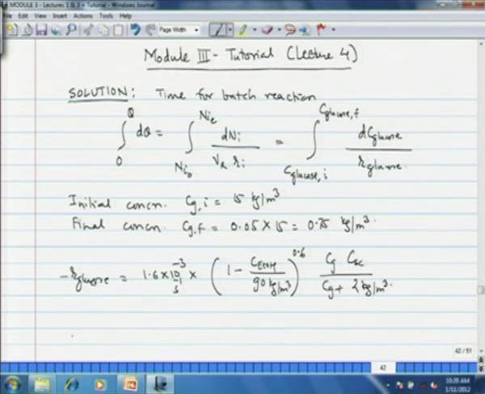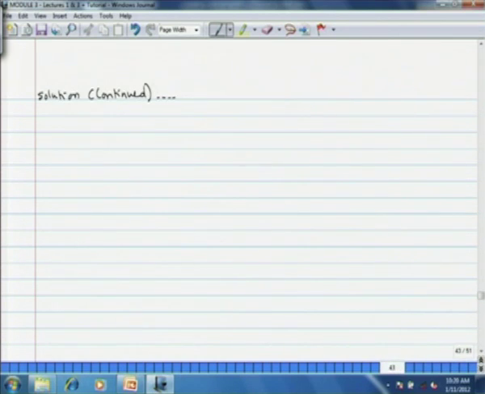Now we have to integrate this. We have to convert C ethanol and C Saccharomyces cerevisiae as a function of glucose concentration, and for this purpose we use the yield that has been given to us. The concentration of the cells reduces as ethanol forms, and the reduction is in terms of glucose. Initial concentration is 0.015 kg per meter cube minus the yield 0.06 Cg into the concentration of glucose. Then similarly C ethanol